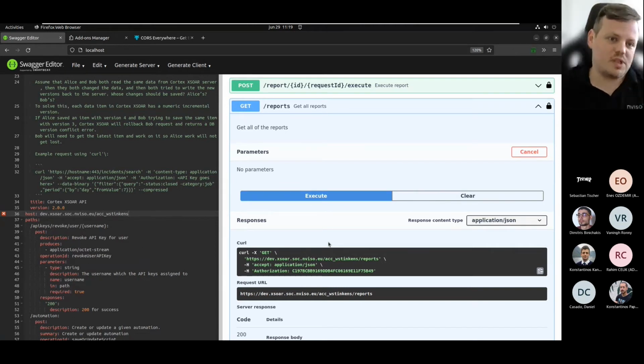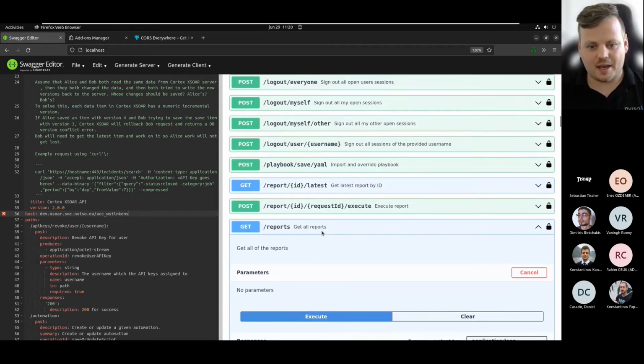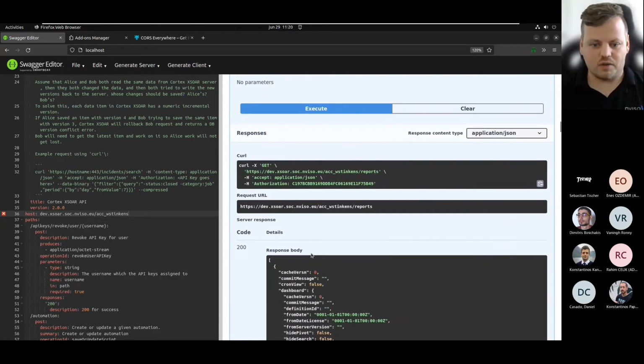One of the downsides of the Swagger editor is its performance isn't always that great. You saw when we clicked execute, it waited a couple of seconds. I've seen it hang for a lot of different reasons. So that's the downside of it. Probably if you don't use the Docker container, performance will be much better. But because the performance is not that good, we are going to use Postman to do all of the API queries. The Swagger editor will still allow you to see all of the different